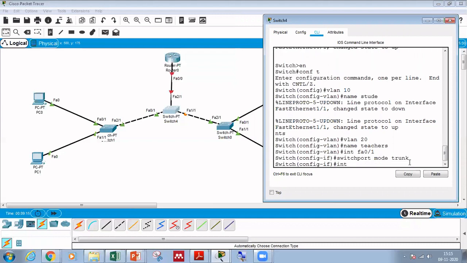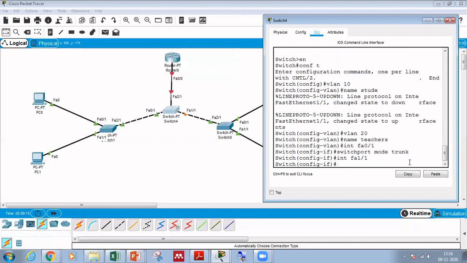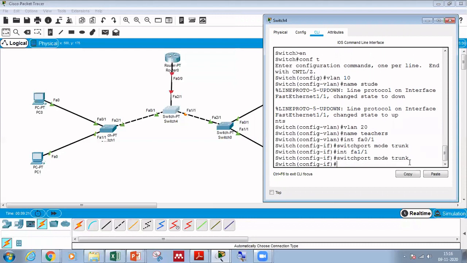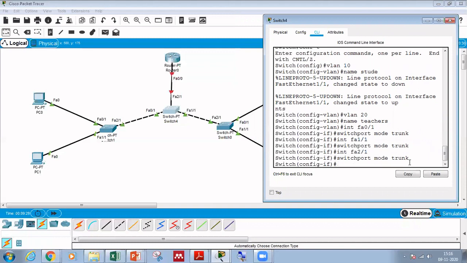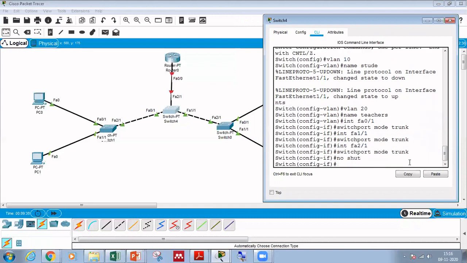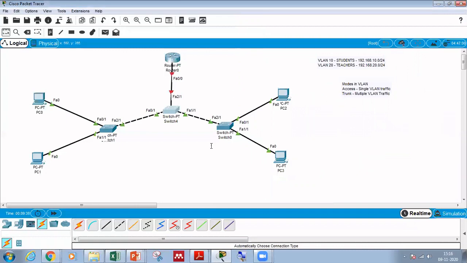Similarly, interface FA1/1, switchport mode trunk. Then interface FA2/1 also needs to be a trunk, and we'll give no shut to enable the port. So all the trunk and access configuration on the switches and the PCs is done.